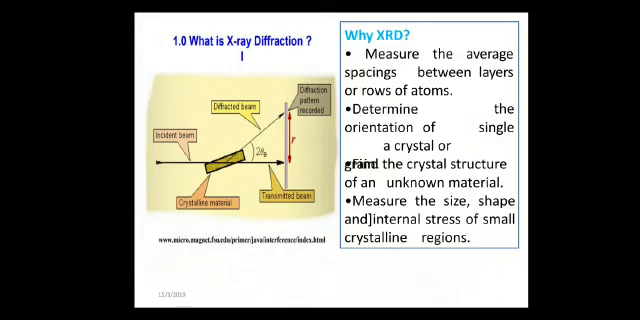A detector records and processes the X-ray signals, and it converts the signals to count rate, which is then output to a device such as a printer or computer monitor. And the geometry of X-ray diffraction is such that the sample rotates in the collimated X-ray